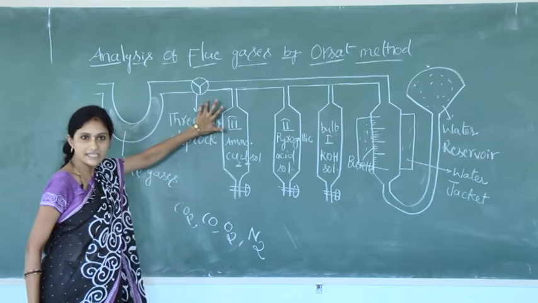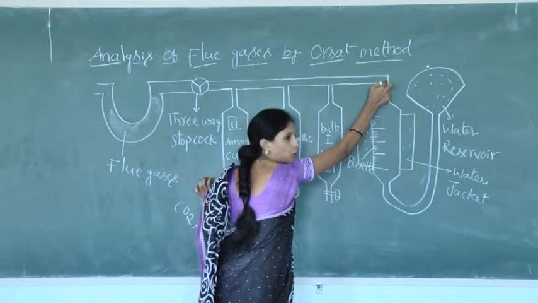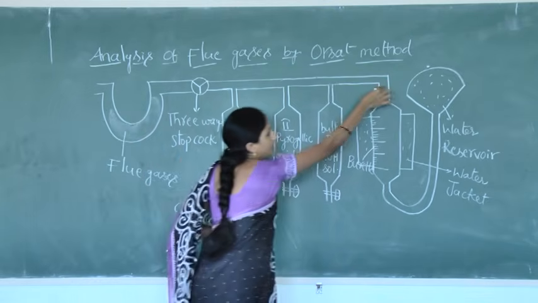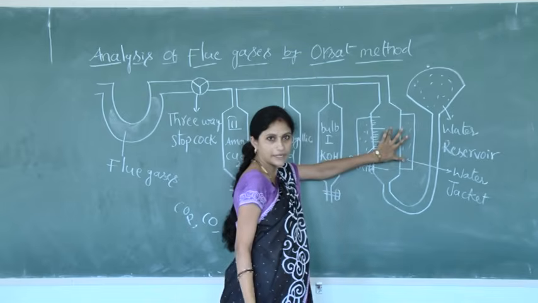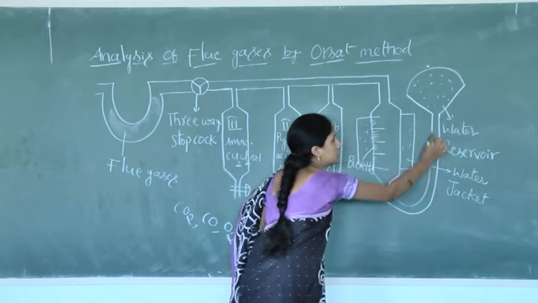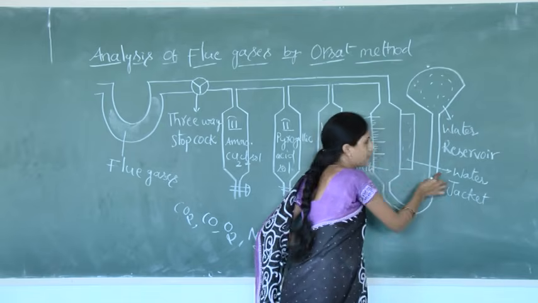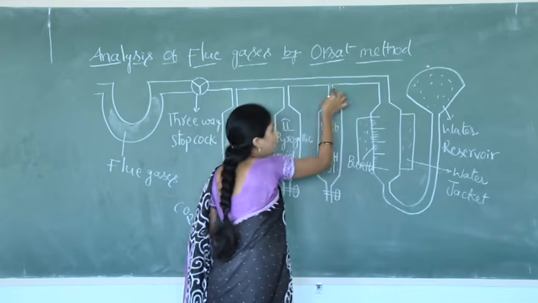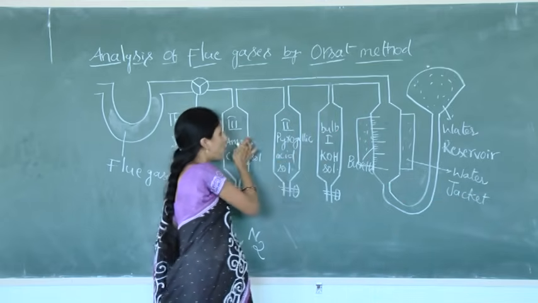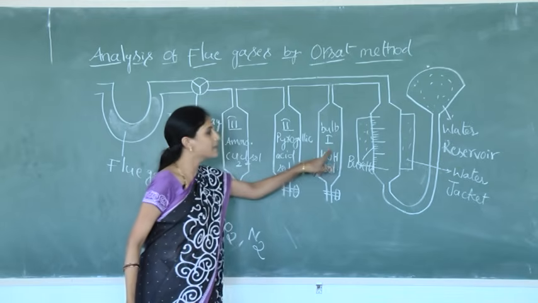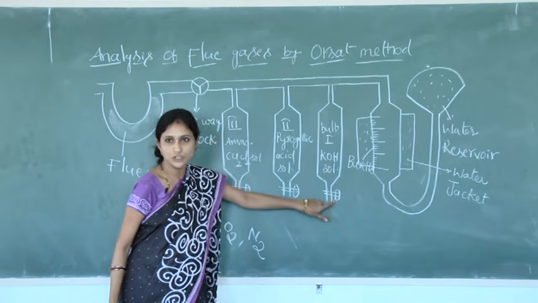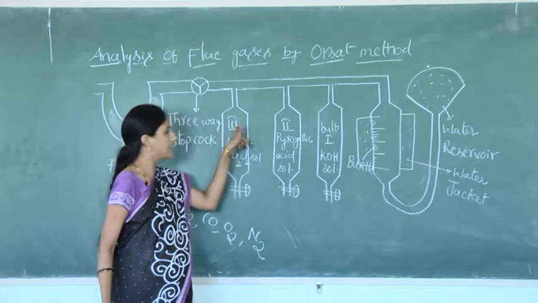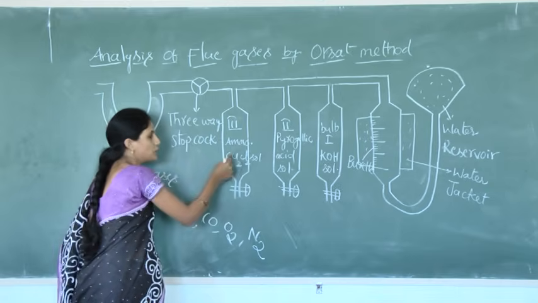The Orsat apparatus consists of a long horizontal tube having a three-way stopcock at one end and a graduated burette at the other end. The lower end of the burette is connected to a water reservoir. The burette is surrounded by a water jacket. The other end of the burette is connected to a series of three absorption bulbs. The first bulb contains potassium hydroxide solution, the second bulb contains pyrogallic acid solution, and the third contains ammoniacal cuprous chloride